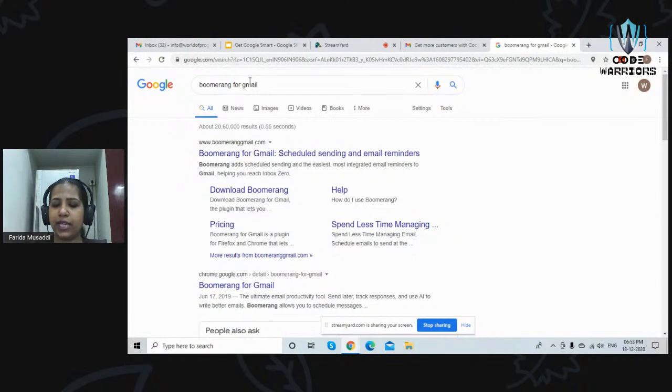If you have typed an email but you do not want the email to be sent right now, you want it to be sent after 5 days, and you know that after 5 days you will not be able to physically send it, you will be in a no network zone, you can schedule the email to be sent after 5 days. Automatically after 5 days, at the desired time, the email would be sent.